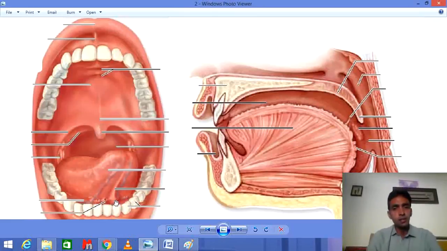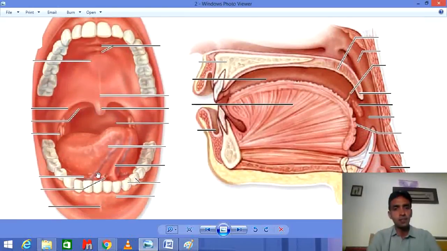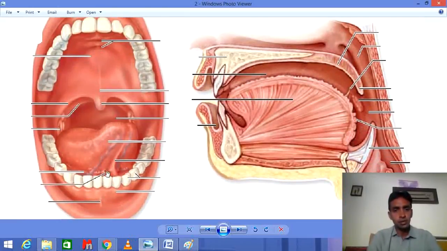Sublingual tablets are, for example, tablets for angina pectoris. And for example, fentanyl, a painkiller, an opioid analgesic, is put over here. That is a buccal tablet. Okay, this was all about